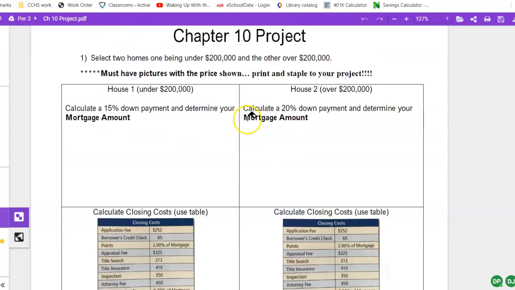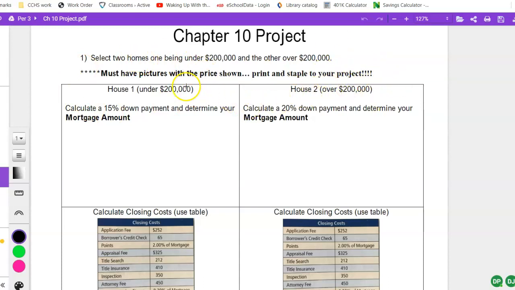With this project, you're going to be finding a house and then doing some of the calculations that go along with buying a house. So to start, you're going to be selecting two different homes, one of which is going to be over $200,000. That's the right side over here. And then the other one's going to be under $200,000. So you get to find maybe a more realistic home and one that maybe is just like your dream home,